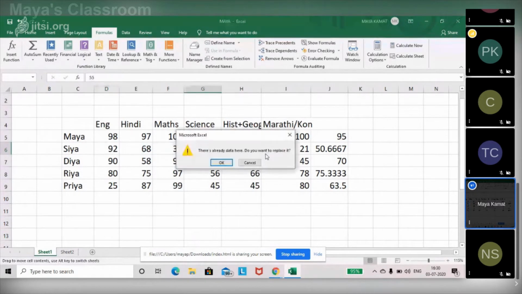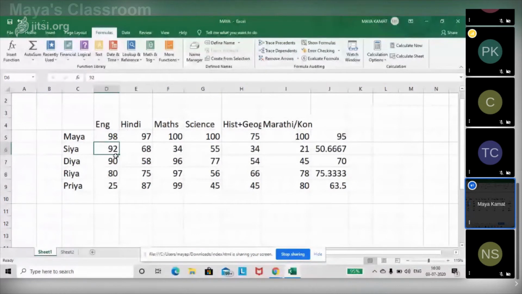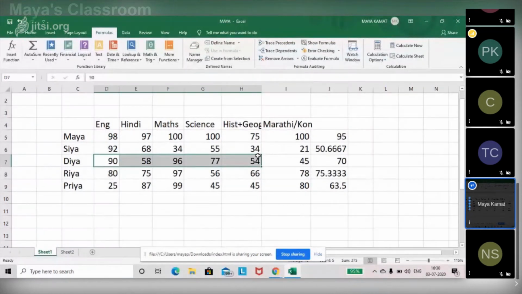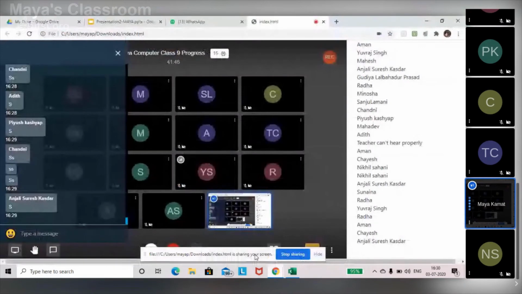Starting from the first cell till the next cell, again for this entry, and so on. Is this clear, how to select a range? Quick reply in the chat, please.